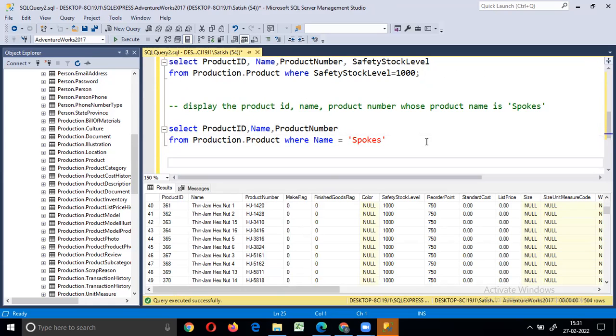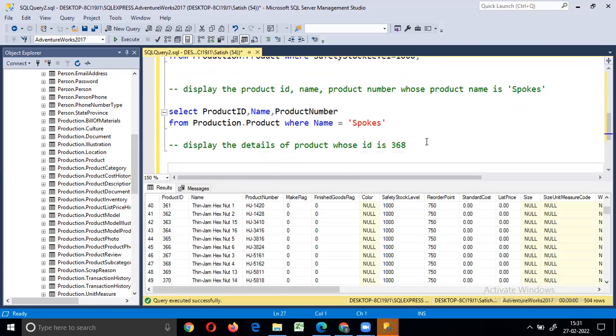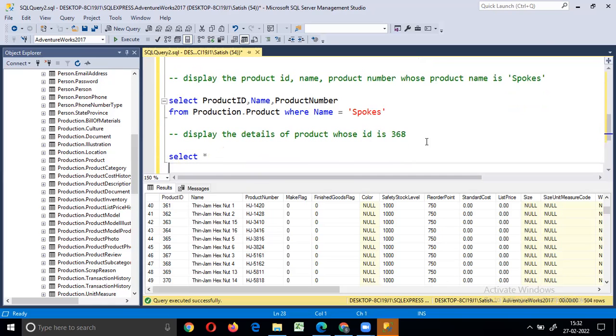We'll see. Display all the details whose ID is 368.